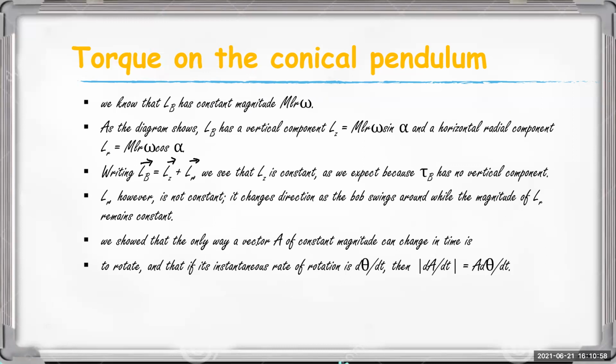this is from the mathematics: a vector having constant magnitude A can change in time is to rotate, and if its instantaneous rate of rotation is d theta by dt, then the modulus of dA by dt must be equal to A into d theta divided by dt. Okay, in that way we can write